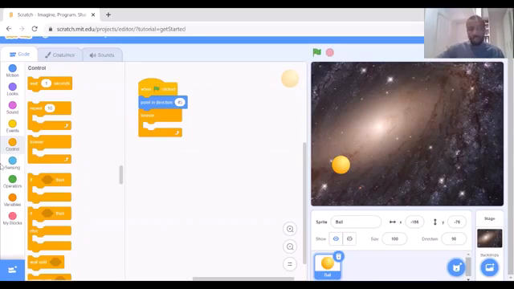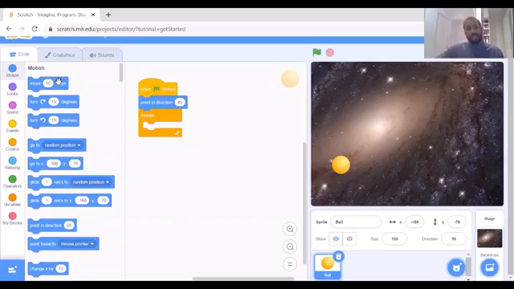So I'm going to drag that over. And what we also want is for the ball to move as well. So instead of pointing in a direction, we need it to move in different directions. So we're going to click motion, and we're going to click move 10 steps. We'll move that up to like 15 just to make it a little bit faster. And the last one, which is really important, is we want it to